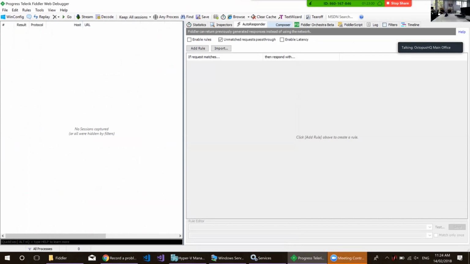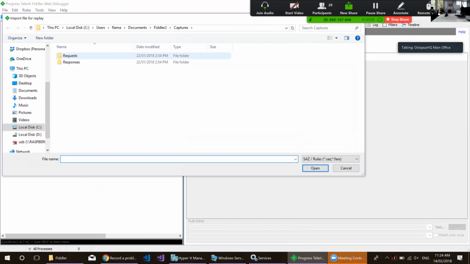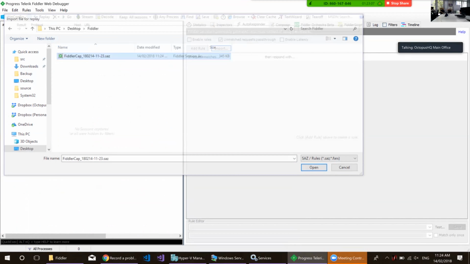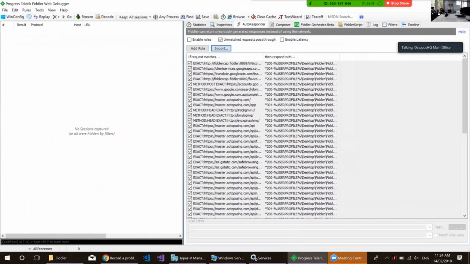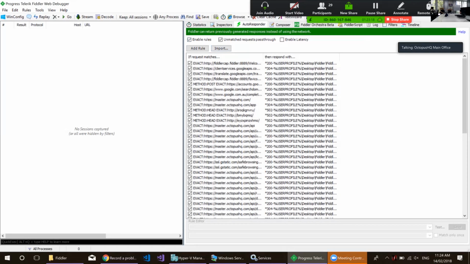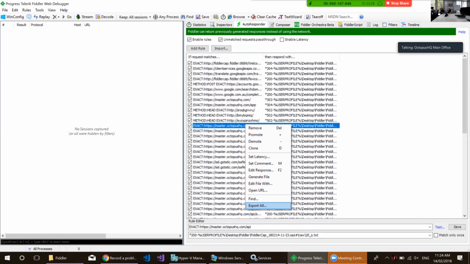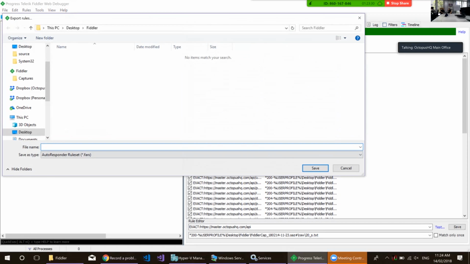So the first step is to import that file that you grabbed from the customer. Oh, sorry, you go to the Autoresponder tab, and if I miss anything, there's steps in that document on Confluence. You go to Autoresponder, import that SAZ file, and you'll get a bunch of rules that have been created for you based on whatever was in that session. You then right click and export all of those,